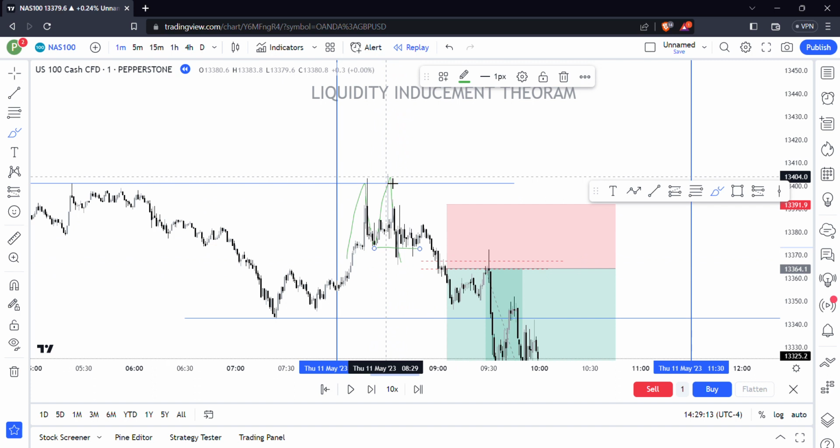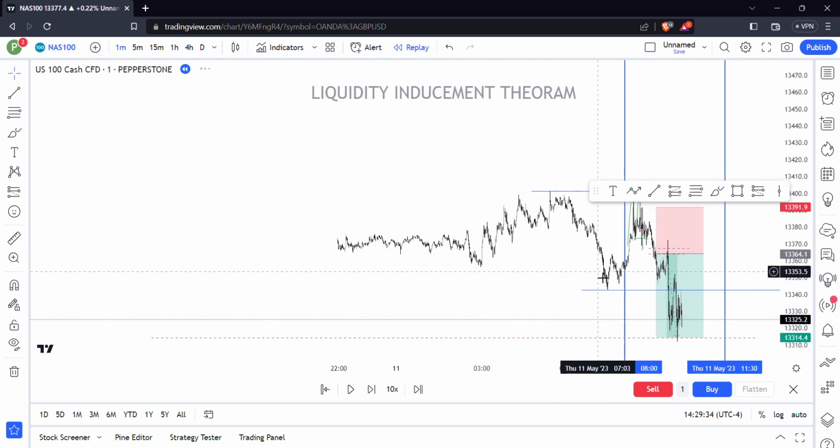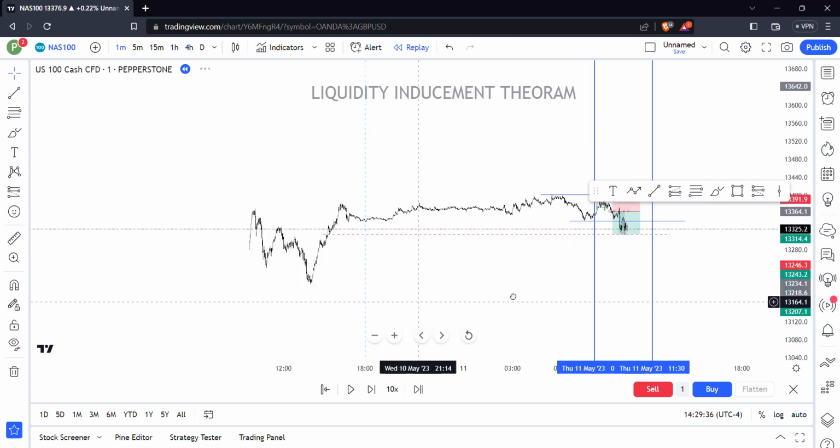So this is a bread and butter setup, guys. I have never seen a strategy easier than this one. This is a very easy strategy. If you are a beginner in the forex market, if you can learn this, you can be profitable enough in the market. Please watch this video again and again so that you can know how powerful and efficient this strategy is.